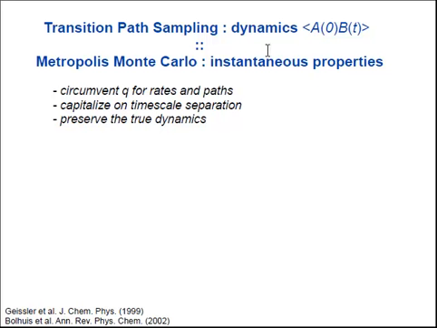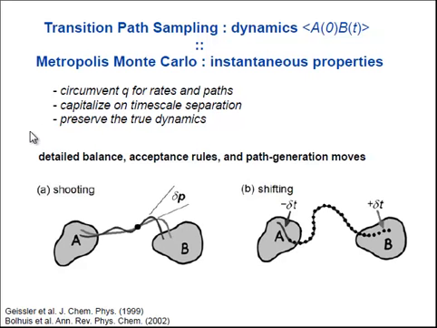And even recently, the Chandler group has extended this to non-equilibrium properties and things like jamming and stuff of that sort. So transition path sampling, I think, is really special, and people were very excited about it. It requires some machinery that looks very much like Monte Carlo. You have detailed balance in the space of dynamical paths. You have acceptance rules for accepting those paths, and you have generation moves for generating new paths from old paths. So it does really all the same things that we did in Metropolis Monte Carlo, except that we are working with paths instead of configurations.